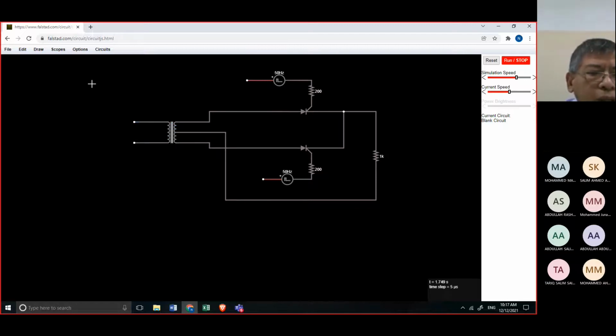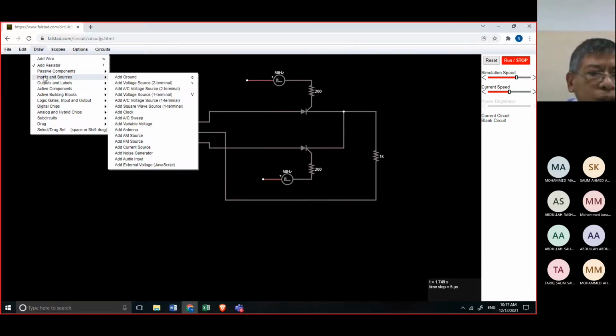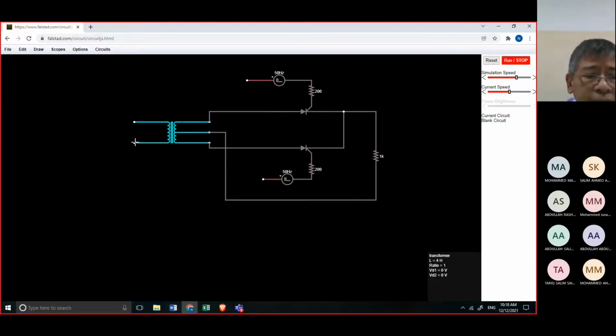I want a supply which is a reality. So go to draw, input and sources. What is the supply here in Oman? It is 220 to 240. So I want 240. Add AC voltage source to terminal here. Okay.